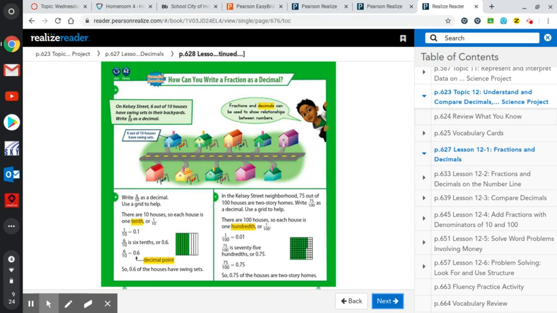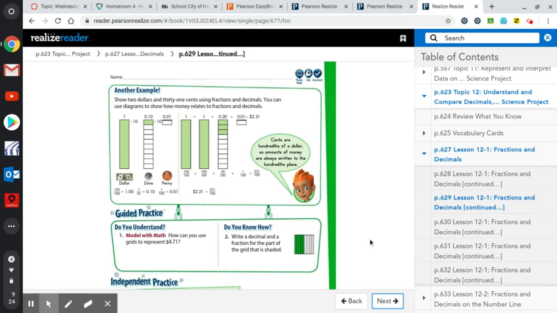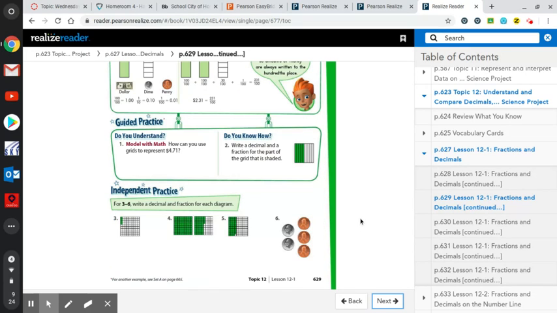You know what? Let's go to the next page. Let's just jump into some practice just to see what we're doing today. All right. So look at number 3. Write a decimal and fraction for each diagram. So I need to be able to zoom in. These are really hard for me to see. Let me use my book. All right. So